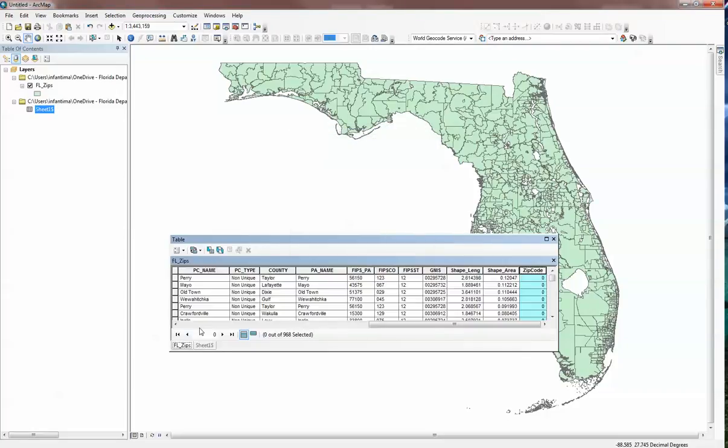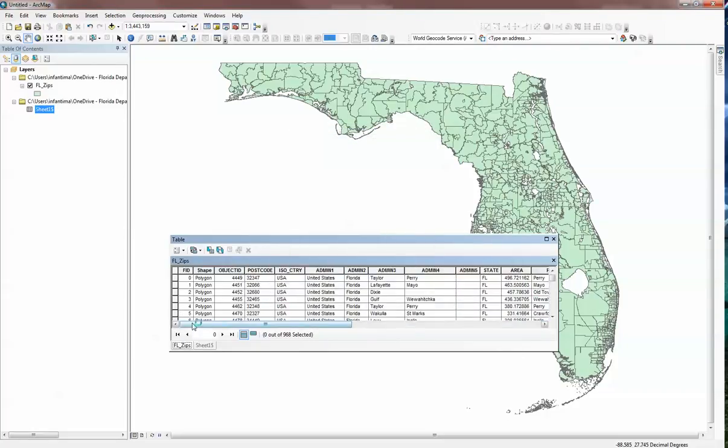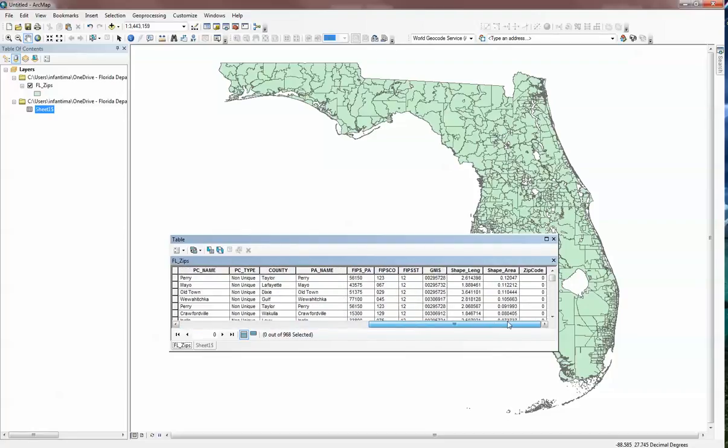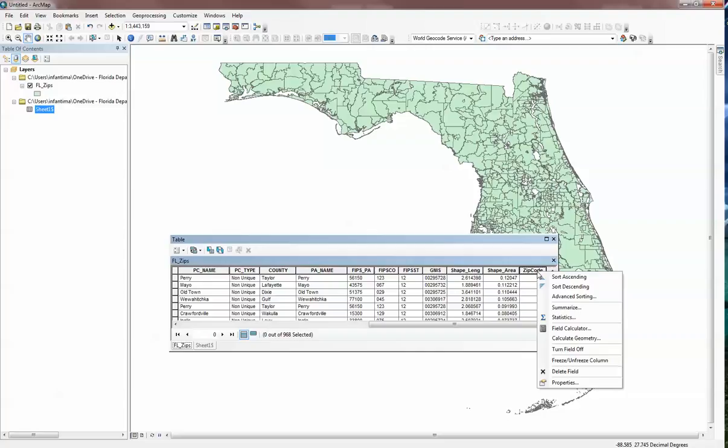So if I come back to Florida zips, this postcode field is actually a string. So what I did is I created that zip code field on the end and made it a double. And I'm going to copy this information over so that the data type gets converted, and I can perform that join. So very easily, I'm just going to right click on zip code,